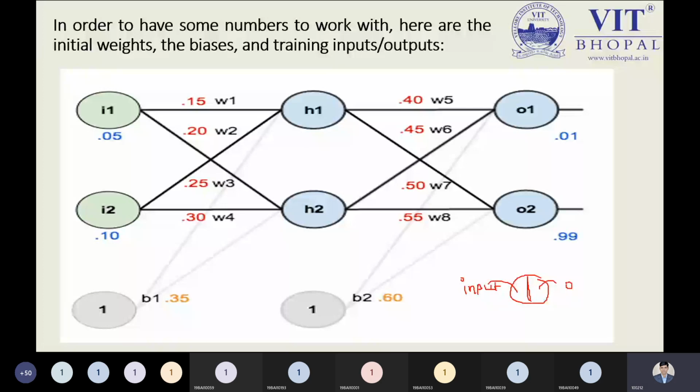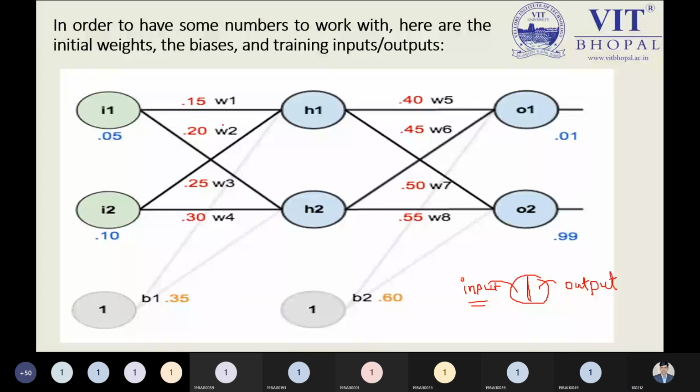From this perspective, when I need to calculate the input value of a node at any layer, what is the input of this portion? The input of this node at a hidden layer, of course I'm talking right now about the hidden layer, will be the output of the input layer. So the output generated by the input layer will be the input of the hidden layer. That is the point. So this H1 node is connected by W1 and W2.